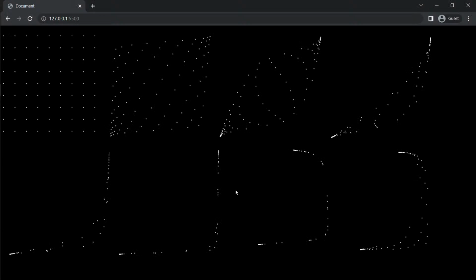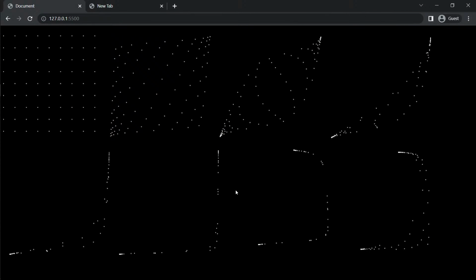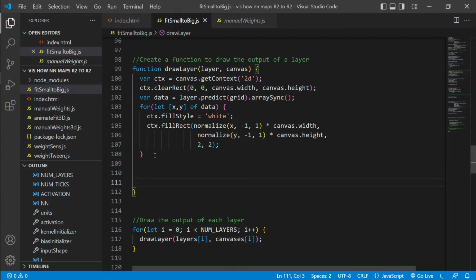and I should probably kill this so it doesn't kill my computer. Oh, well actually I could have just hit that. That's fine. Okay, so